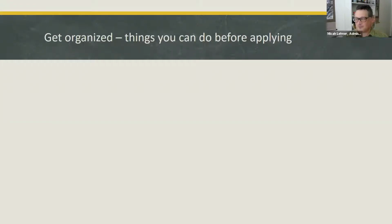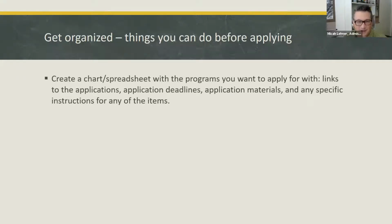Then once you've roughly figured out, okay, here are the programs I'm looking at, even if the applications aren't open yet, there's still things you can do to get yourself organized and get prepared as you get ready to actually do the applications. People organize themselves in different ways, but one thing that I found helpful when I was going through this